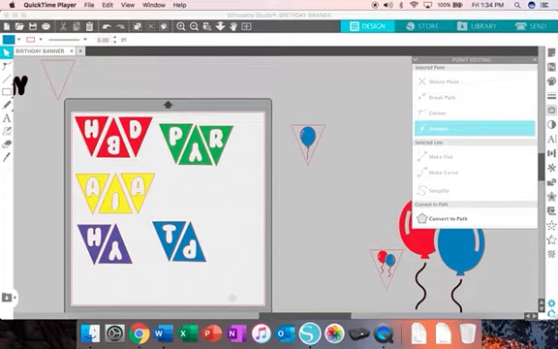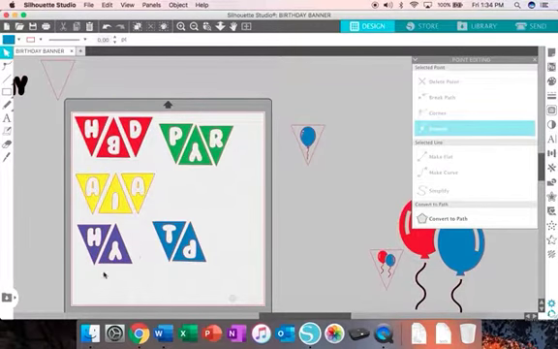I figured out how to get sound on this thing, but the clicking is kind of loud because I'm on a laptop. But you can see where I click now, so maybe that'll be helpful. I was just going to show you how I'm trying to make a little banner for Matthew's birthday, and I'm just going to show you how